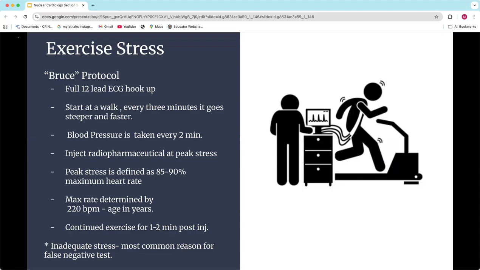Now, that immediately raises the question, what is max heart rate? Max heart rate is determined by taking 220, which stands for beats per minute, and subtracting the age in years. Then that's your max heart rate. So let's just do mine real fast. Now I'm going to reveal my old man age to all of you. I'm going to take 220 and subtract, I'm 48, and I get 172. So that would be my 100%. But if I want to know what 85 to 90 is, I'll just multiply that by 0.85.